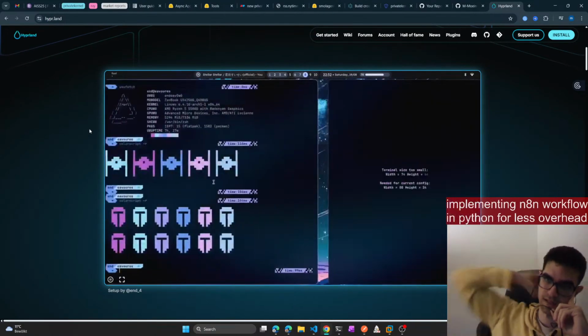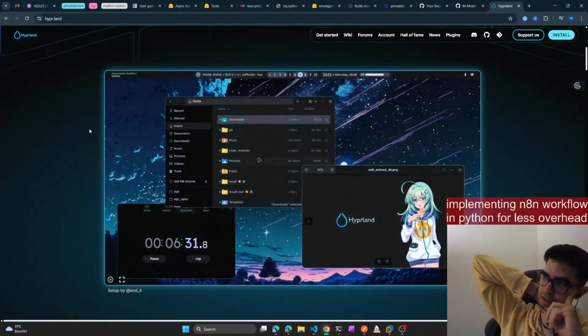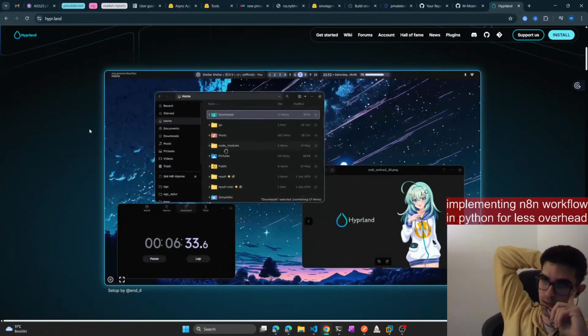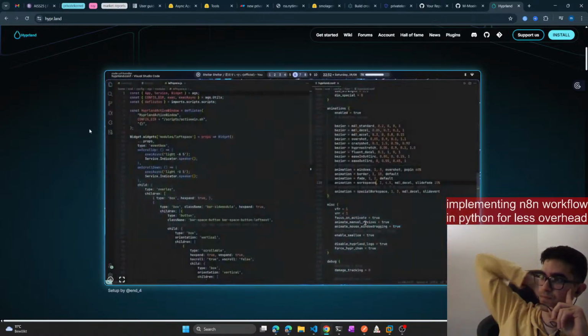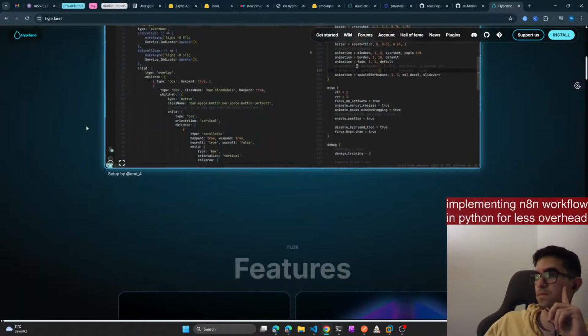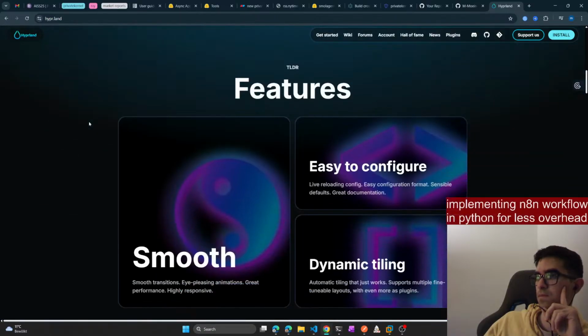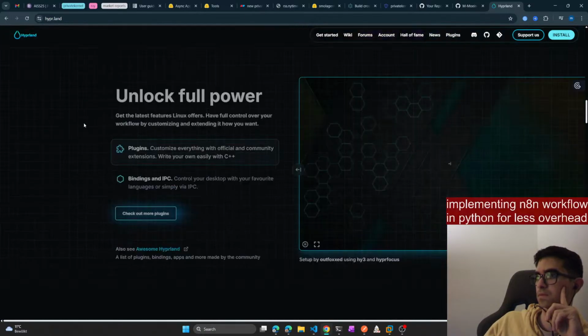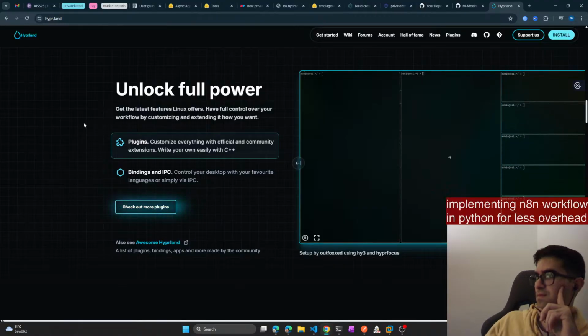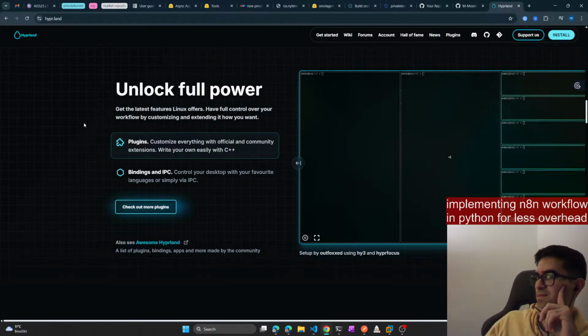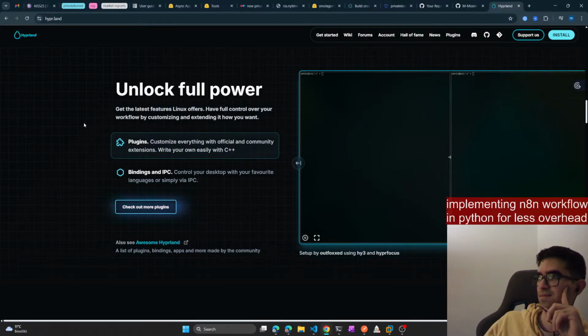I haven't really used Arch Linux, so I'm not sure how things work there. But this looks cool.